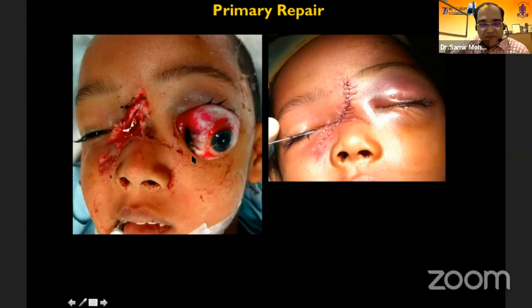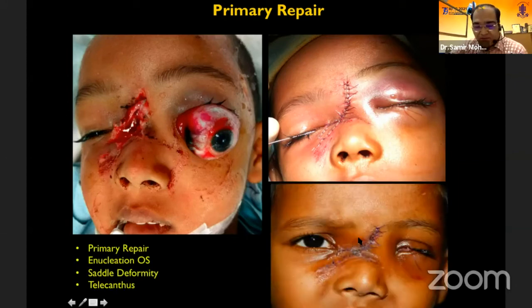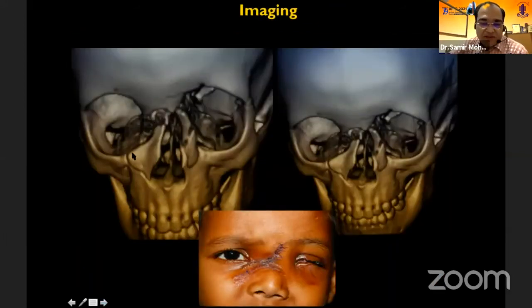And following this repair, what resulted was a saddle deformity of the nose here, a wide telecanthus, and a very, very cosmetically disfiguring face. So the imaging showed multiple comminuted fractures of the NOE junction, resulting in the saddle deformity and the telecanthus. So our plan was to bring back into anatomical orientation all the small fracture fragments and then fix